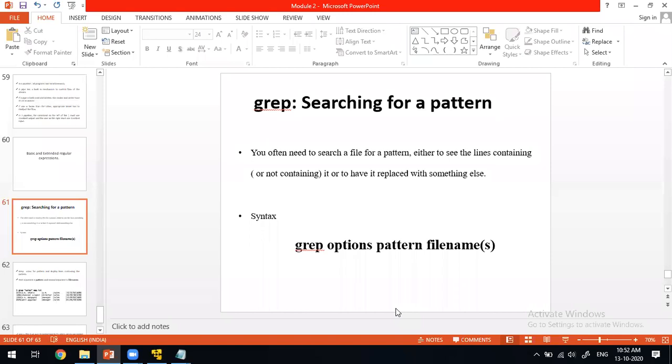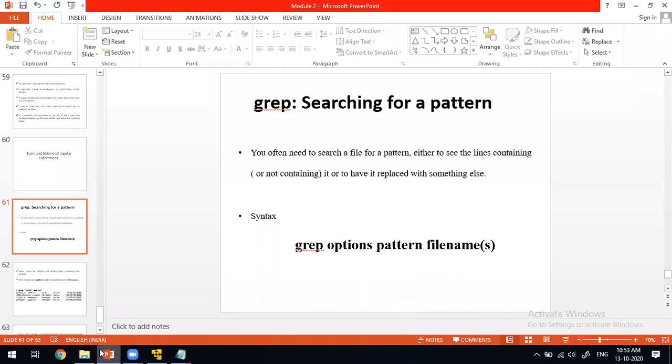If there are 1,000 lines, in that I want the word file, wherever it is there, I want to display it. You can search for patterns with this command. This is a filter. The command grep is a filter, that we'll discuss in the next class.